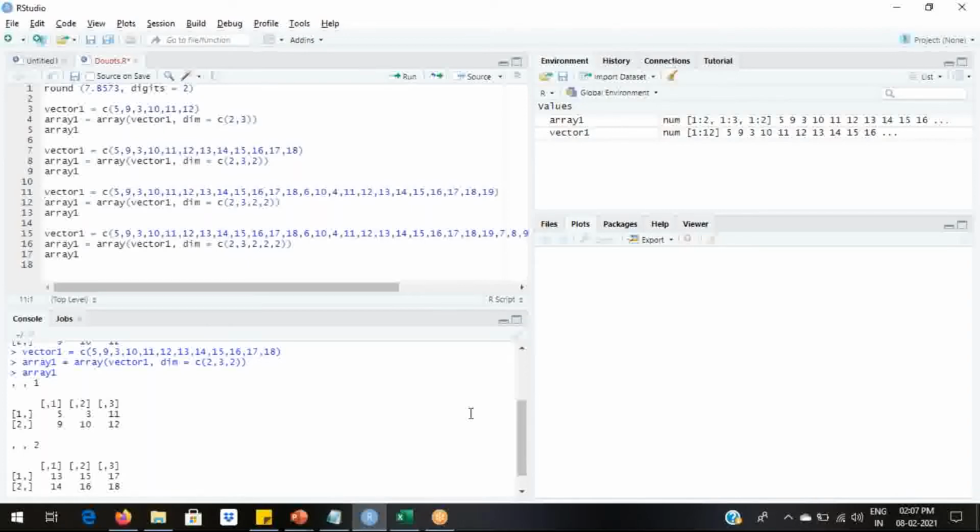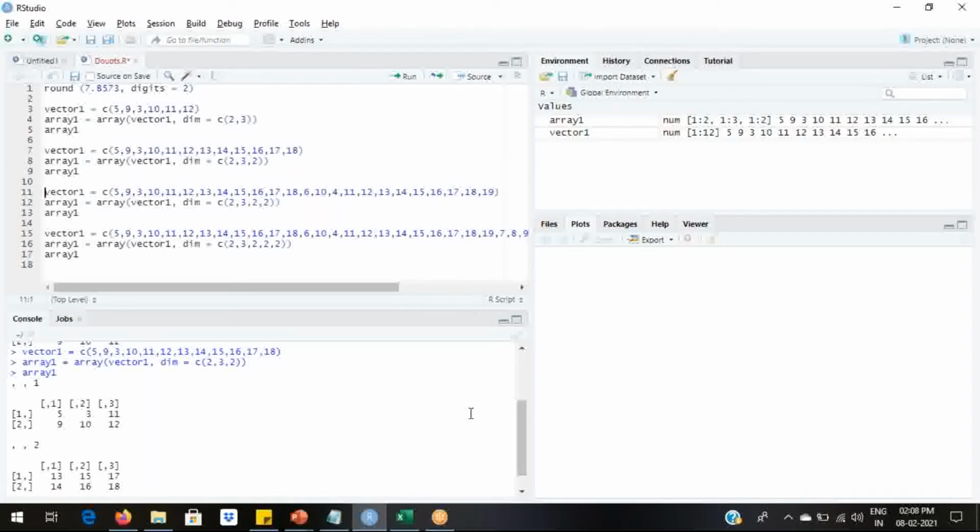So we have 2 rows and 3 columns. The third argument indicates the third dimension. So here there will be a total of 2 into 3 into 2, which is 12 values. And since the dimensions are 2 and 3, we will have 2 arrays of 6 values each.